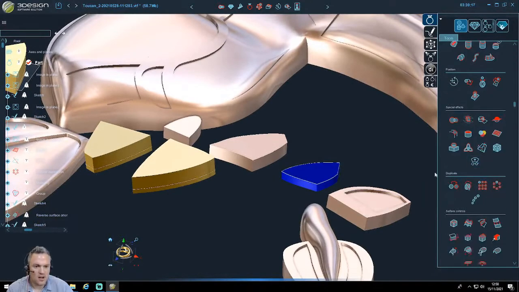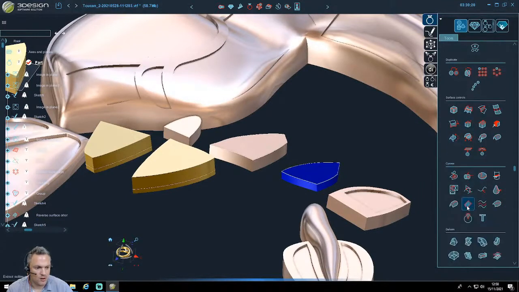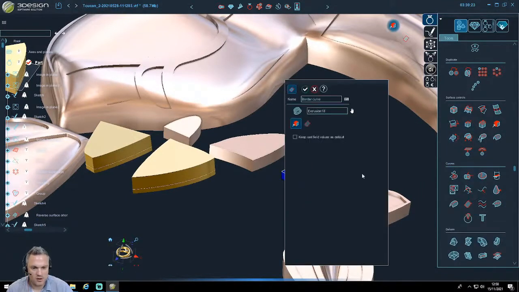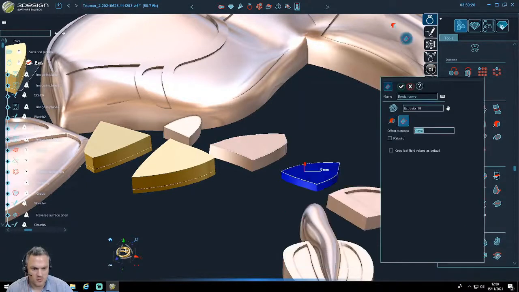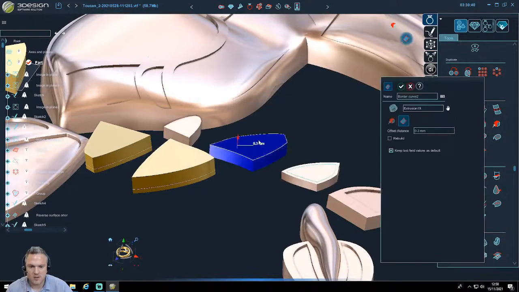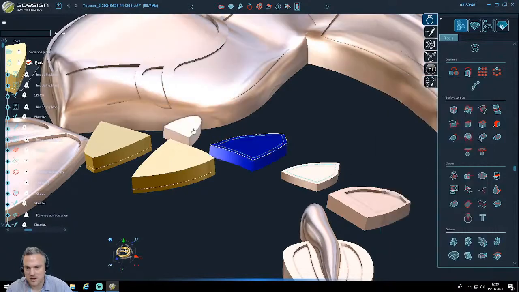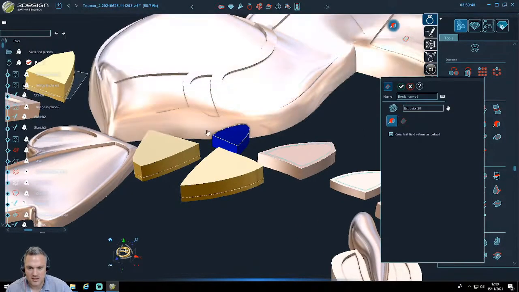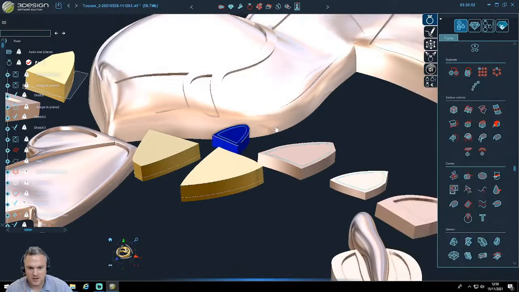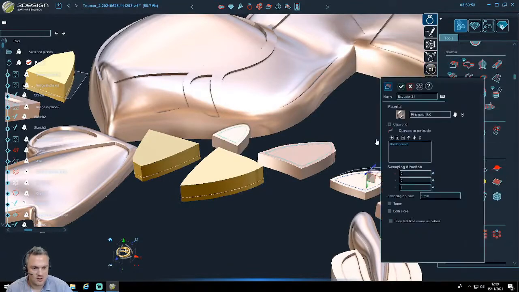So if, for example, I continue my job with offset extract border like that, with maybe that one. I select this border, I put, for example, 0.3, I keep the last value. I select my object, Control R, I just have to select the face, I still have the 0.3, I select that one, Control R, I select the face I want to work on, and I validate. And you see, quickly I created the 3 objects,